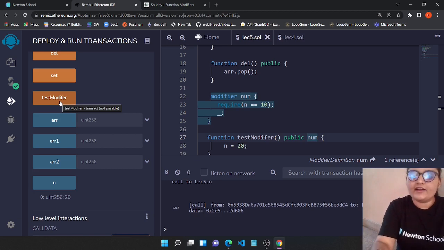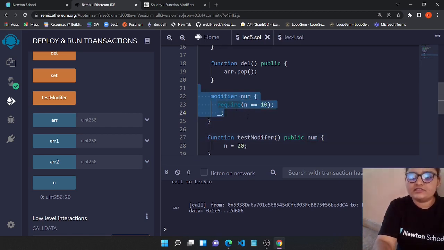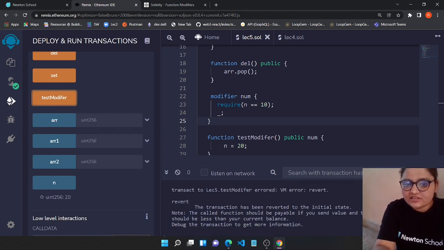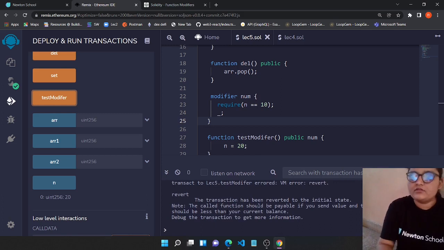Let's see if our error is coming or not, if it's working the way we want or not. So this was the way you can declare a modifier. Let's test it, and as soon as I click on this test modifier button, it just reverted our particular transaction.